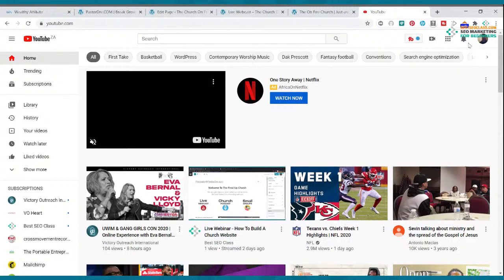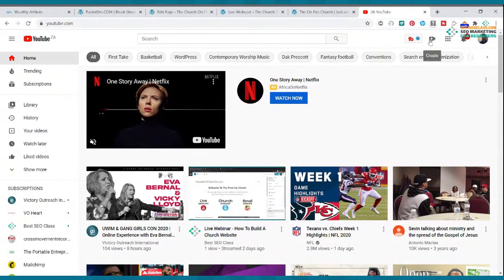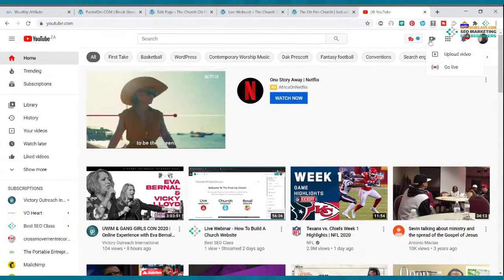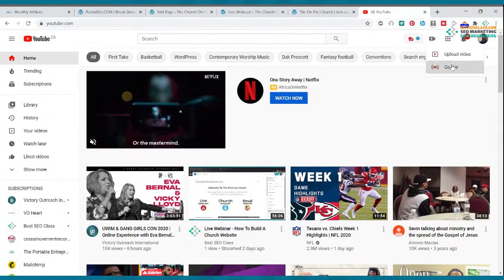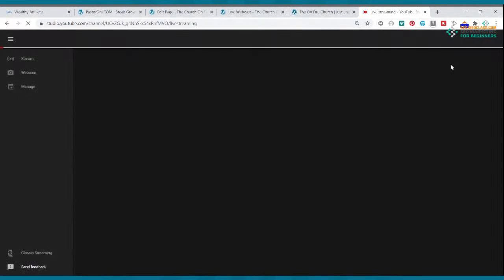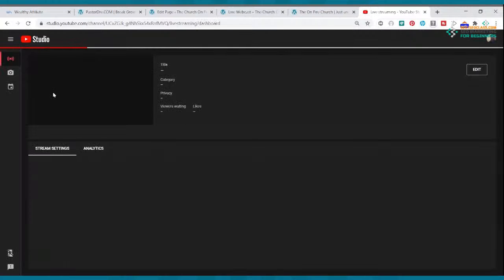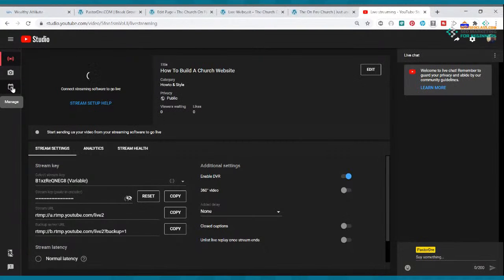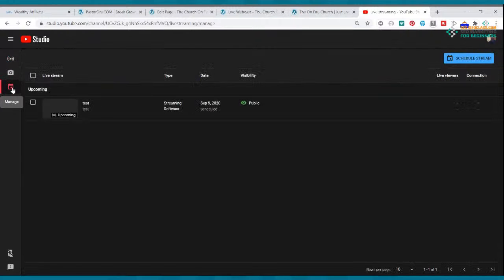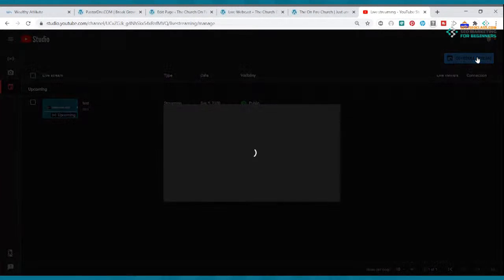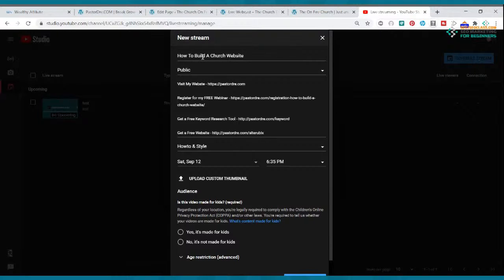and then you click where it says right here, create, click that. And see where it says go live, click that. Okay. And then you want to create an event. So say your service is Sunday morning, 9 a.m. So what you do is you come over here and then you just click where it says manage. You click that. Click manage. Okay, and it's going to tell you to schedule a stream. So you click schedule stream, and Sunday morning service, you could say Sunday